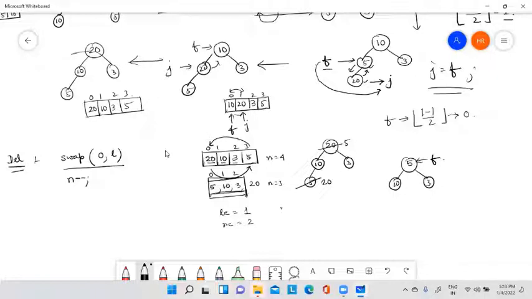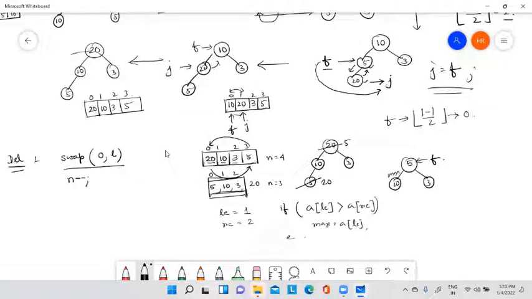So you check if LC is greater than RC, then max becomes LC, else max becomes RC. So based on which one is maximum, max will hold that element. Then you will interchange these two elements.